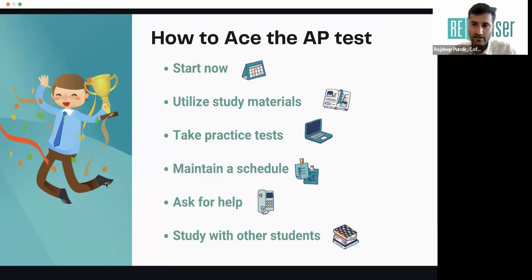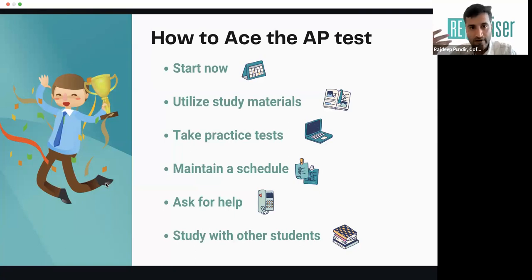So start as soon as possible. Utilize the study material, because there's less available. So figure out the right set of material, make groups, because when you study in groups, this might help, because remember, there is no school guiding you, or you can take help from companies like us, where you get a guided structured study program. Take practice tests, write as many practice tests as possible. You can go to the College Board website. There are actually a lot of practice tests which the College Board has released themselves, so you can do a self-prep and write the practice tests from there. Make a schedule and try to stick to that schedule, because it happens only once a year and it's super important for you to do it.